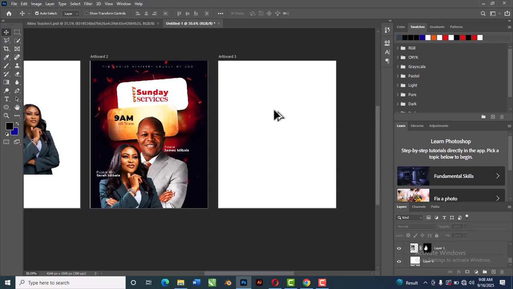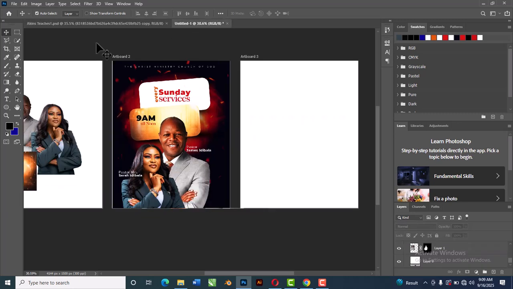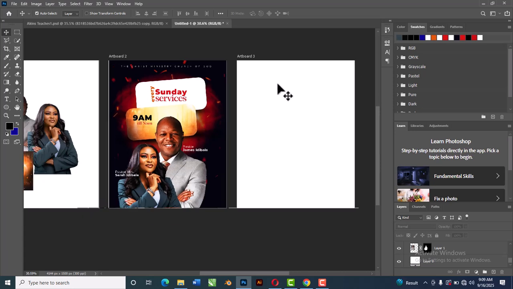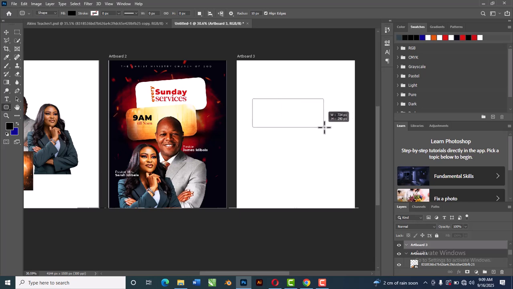Now what's the first thing I need to do? The first thing I did when I was making this design is I made this rectangle shape. That was the first thing I did while making the design, and let me start from there as well. I want to work here. Now let me get my rounded rectangle. The shortcut is U for all the shapes here. I want to select this particular one, then I draw it here,